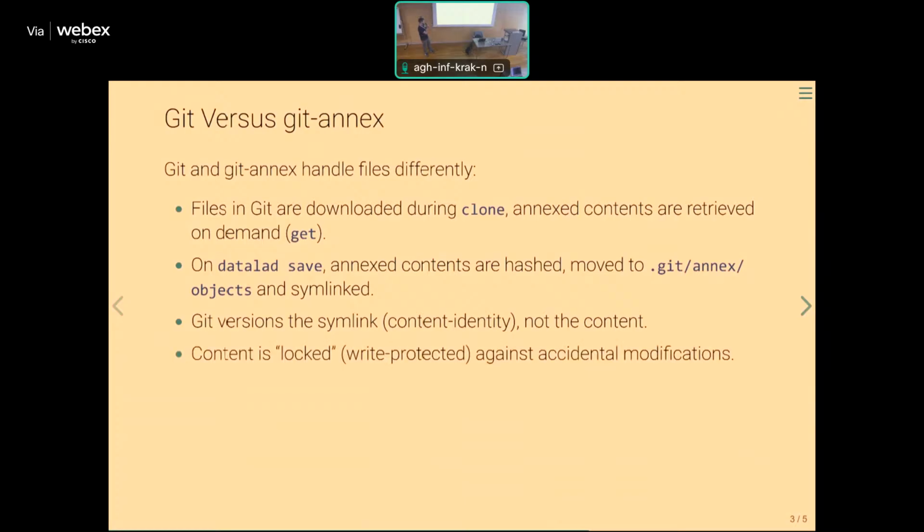And because we're storing files as these objects whose name is linked to their content, the content needs to be locked, so write protected, against accidentally modifying it, so the content is no longer true to the name. Meanwhile, the files that are stored in Git are modifiable directly, so they don't get locked, while annex files need to be write protected. And that's where unlock comes in, which makes a copy of the file,